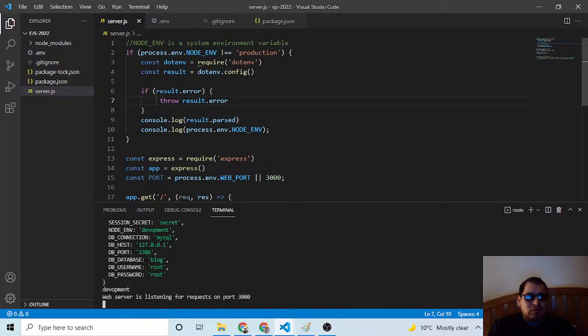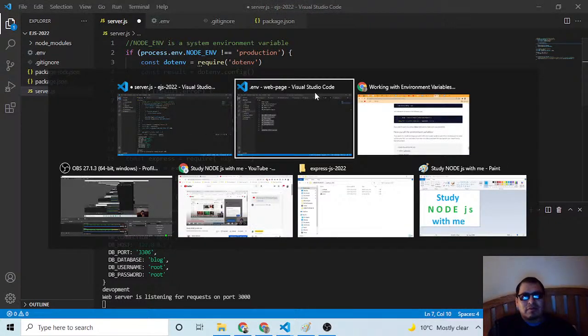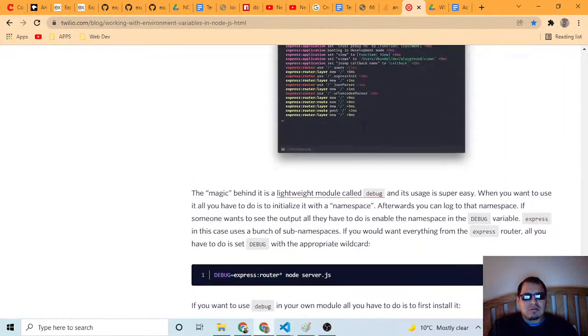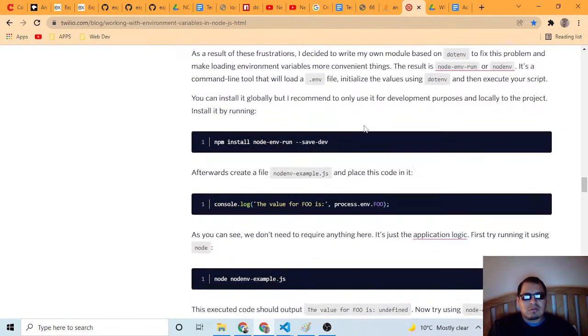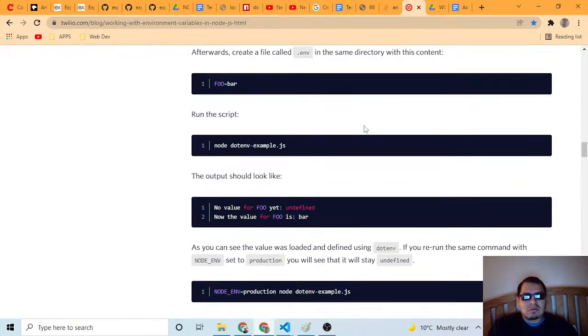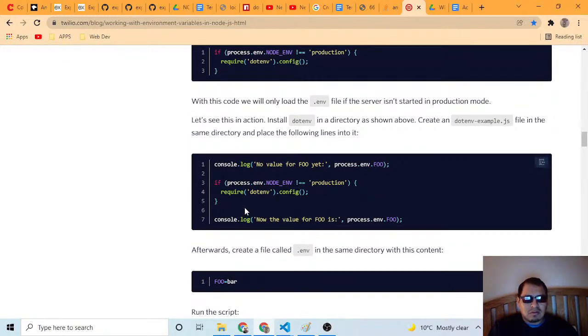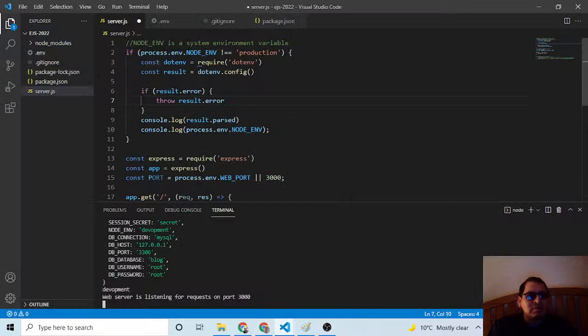Okay. No value for foo yet. Okay, so let me, what am I doing?